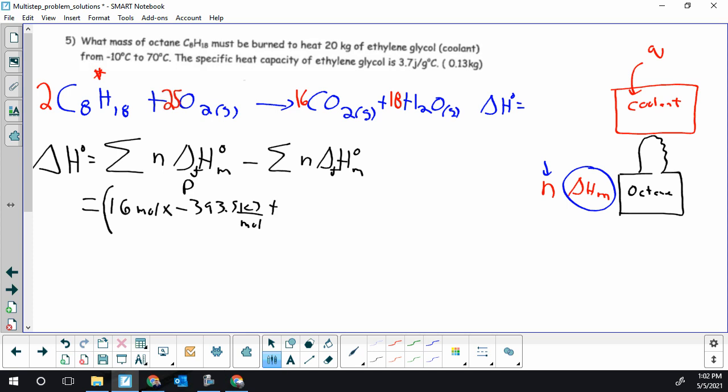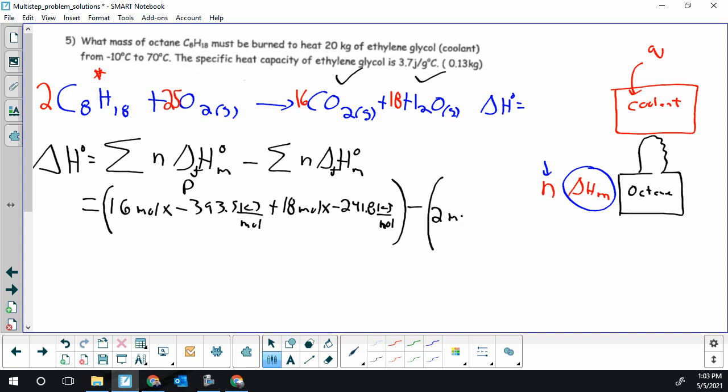Now I'm doing my sum, plus my second product, 18 moles of water, and make sure you get water vapor from your data booklet, times minus 241.8 kilojoules per mole. I've completed my two products, so I'm going to close my bracket, put in my subtract. Products done, subtract, I'm into my sum of my reactants,